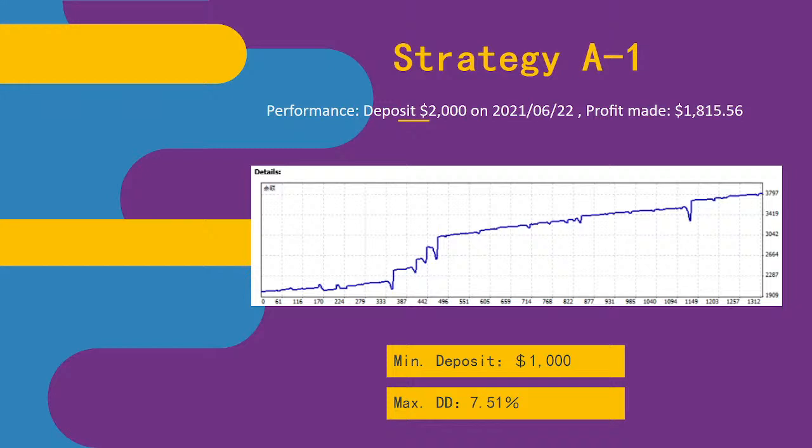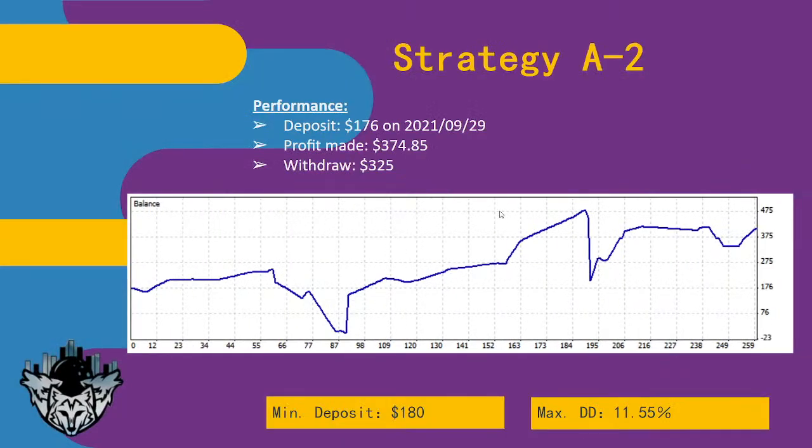All right then. So what is this PowerPoint about? Okay, so how to read the PowerPoint. Basically, I think what traders really want to see is the minimum deposit. I think this is the first thing that you want to see, minimum deposit, and then probably the max drawdown. Now what does the minimum deposit mean? This is actually just a recommended amount from the trader that you can start copying his or her strategy with this minimum amount of capital.